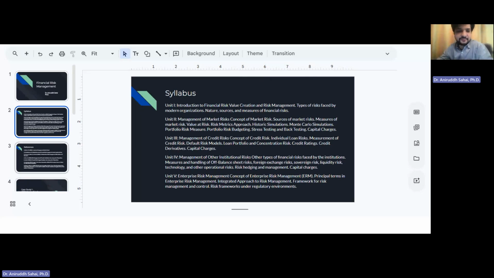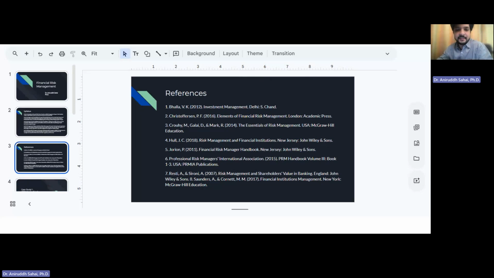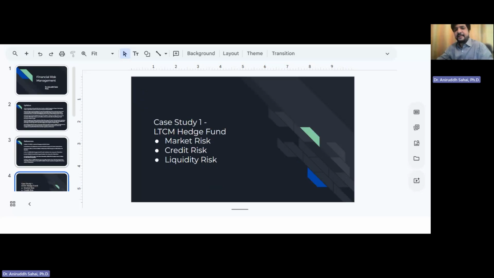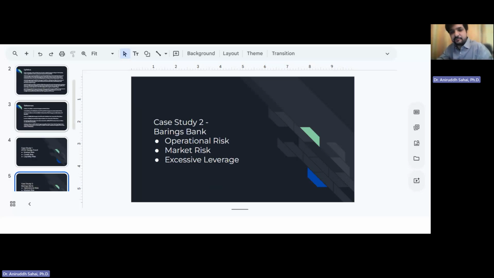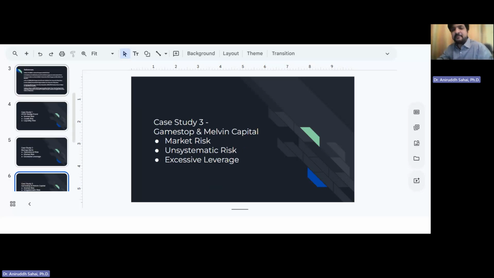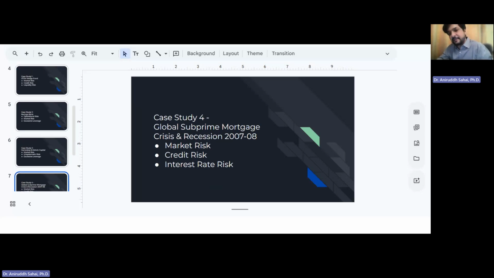So in the first class, I had given you an introduction to this entire subject of financial risk management. I've even shared these books with you by Christopher Sun, Jorian. So these are there on the group. If you want, you can refer to these books. Otherwise, a lot of online resources are available on this subject. Then we went on to discuss various case studies including the LTCM hedge fund. We looked at the case study of Barings Bank, of GameStop and Melvin Capital, and the global subprime mortgage crisis